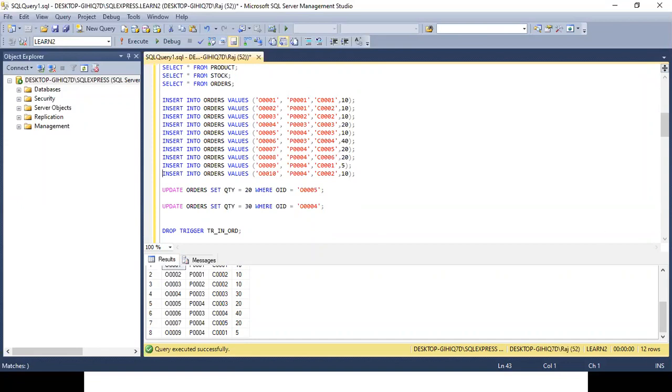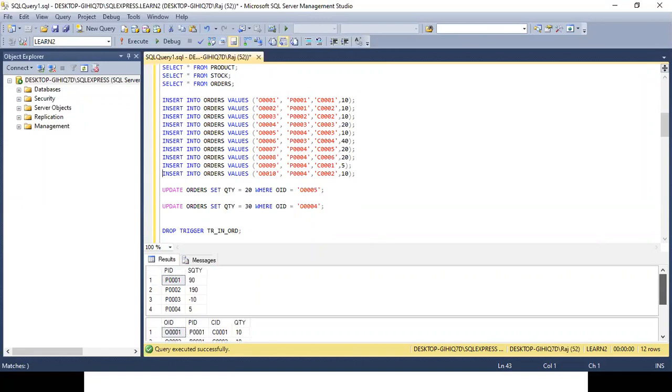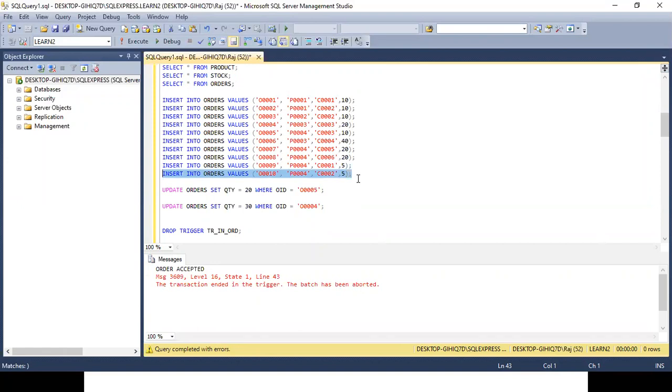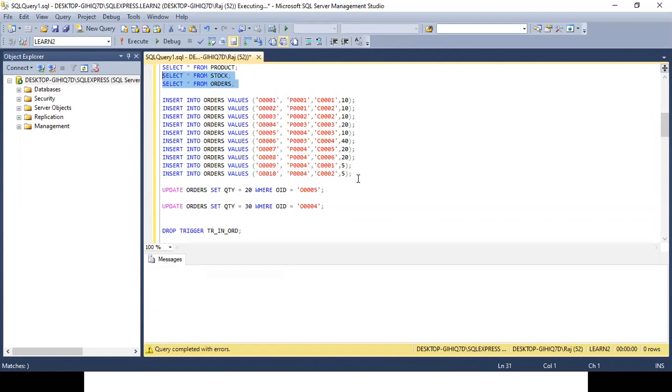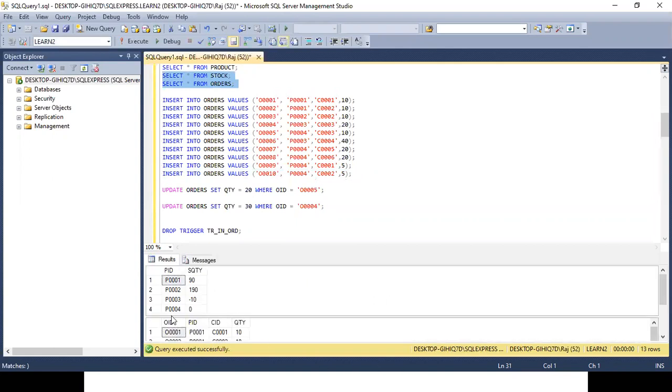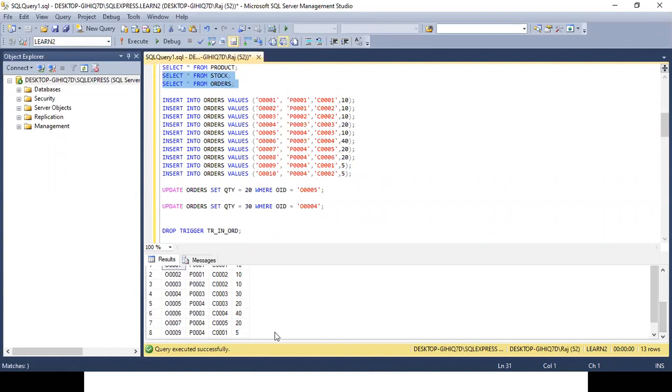The balance was 5. So he said, it's okay, give me 5 only. So let's take an order for 5. Order accepted. Let's see the stock and the orders. So the stock becomes 0 and the order has been accepted.